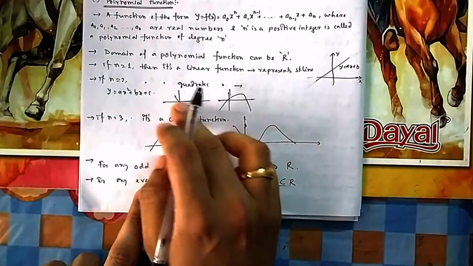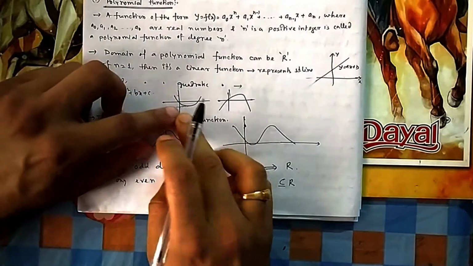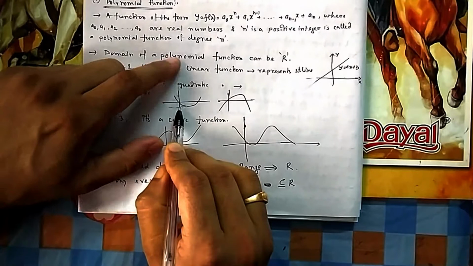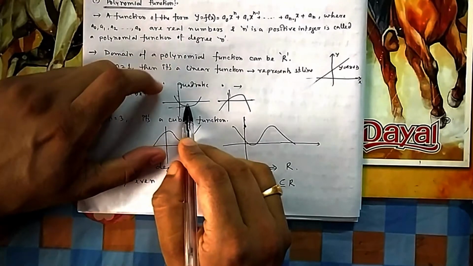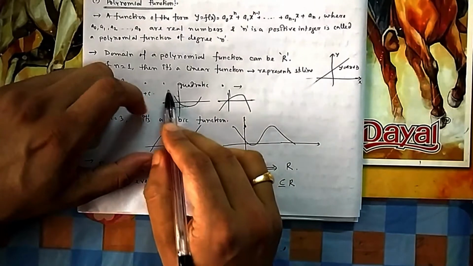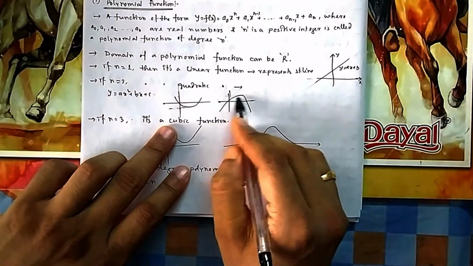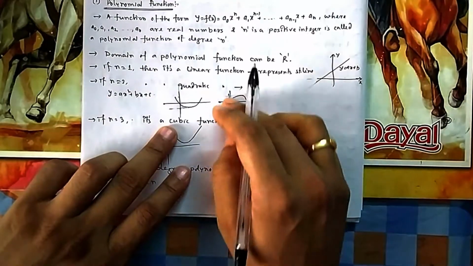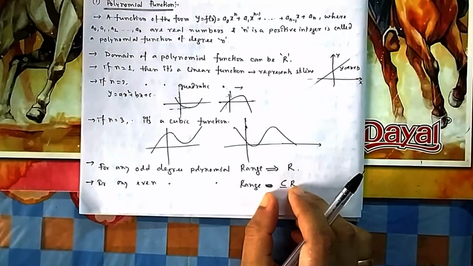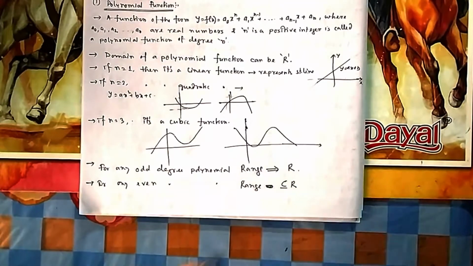But in case of even degree, you can see the entire y is not covered. Here up to this much y is covered. Below this, these values are not coming. So the values of y come from the lowest one, and then it will keep on increasing. The lowest value of y will be this one, and if you move this side, the y value is increasing. If you move this side also, the y value is increasing. So the y value cannot fall below this line. Here also the maximum is this one, or otherwise the values will be just below this one. Above this one it cannot go. So it will be some subset of the real numbers. So that's why the entire set of real numbers will not come in the range for any even degree function.